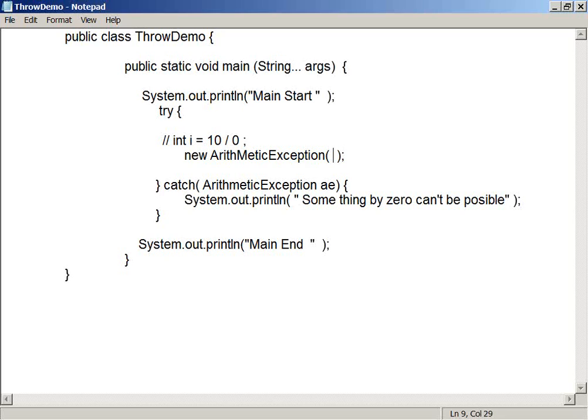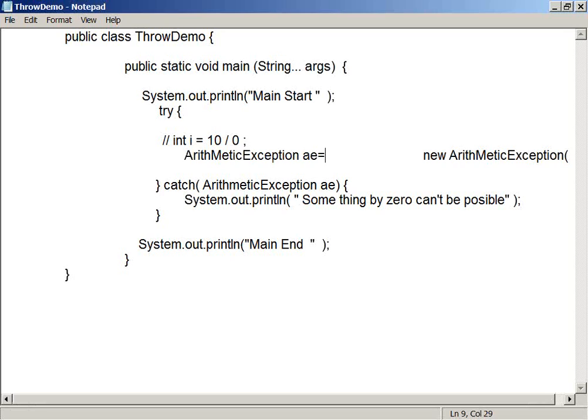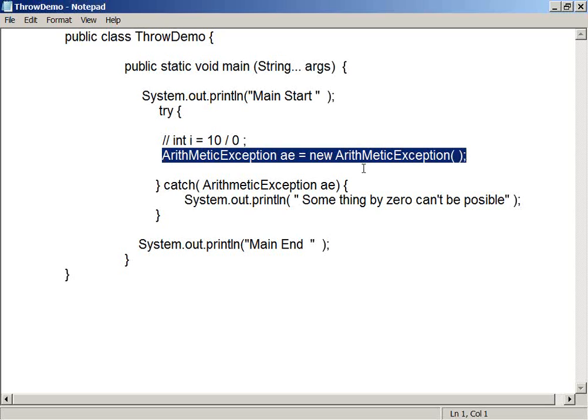Or you go for the no argument constructor, that's your choice. New ArithmeticException, very simple. Creating an object for a class. I'm not doing any miracle here, right? Simple statement. Now I'm going to reference this object, ArithmeticException, some AE. So what I did here, I just created an object for a class and I'm storing that object reference into a variable. That's it, right? This is very simple. The same thing it is going to do here.